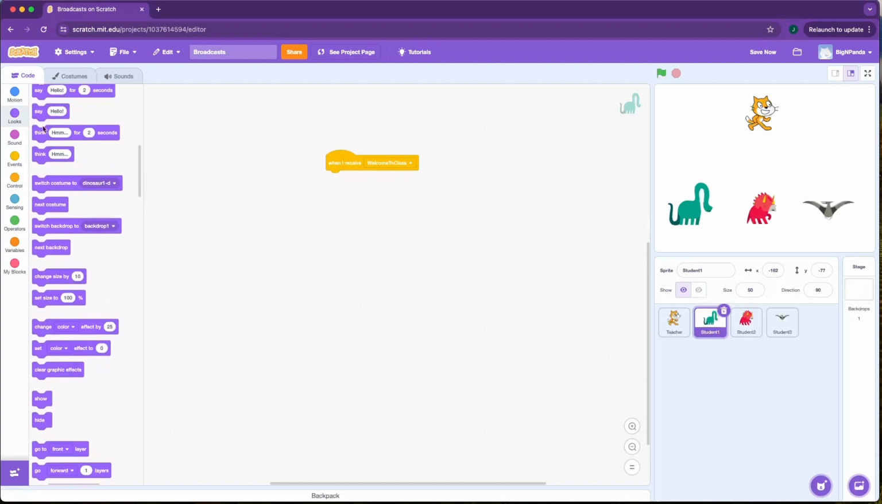We will have them say hello back, right? So welcome to Ninja Panda U, and then you have the dinosaur say hello. We'll probably do the say hello for 2 seconds, so that it disappears afterwards. We'll do the same thing with student 2. We'll say something, hi,